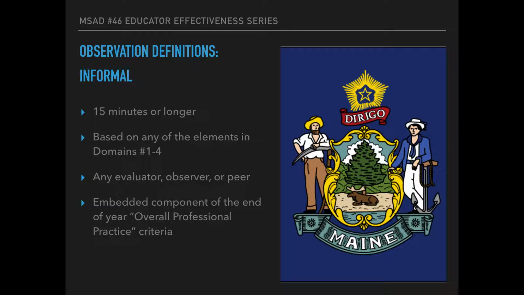Now, the second area is the informal observation. These are not as scheduled, not as intense, not as long, or there are not as many requirements for them. These are where peer mentors, peer observations, evaluators, anyone coming into the room who's there for 15 minutes or longer can look around, and based on any of the elements in domains 1 through 4, can say, I've witnessed this, I've seen this, here's my evidence, and can score you in an informal way